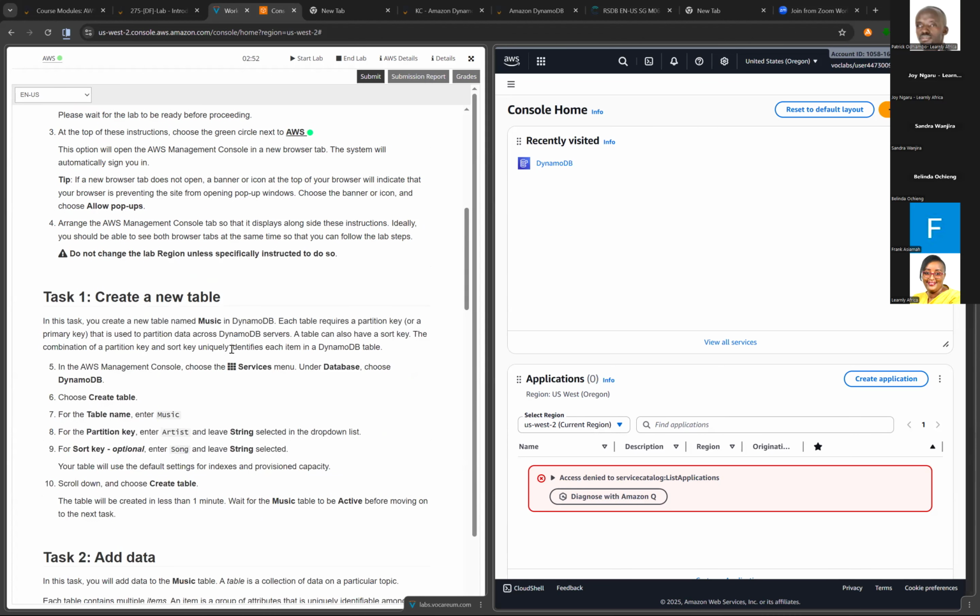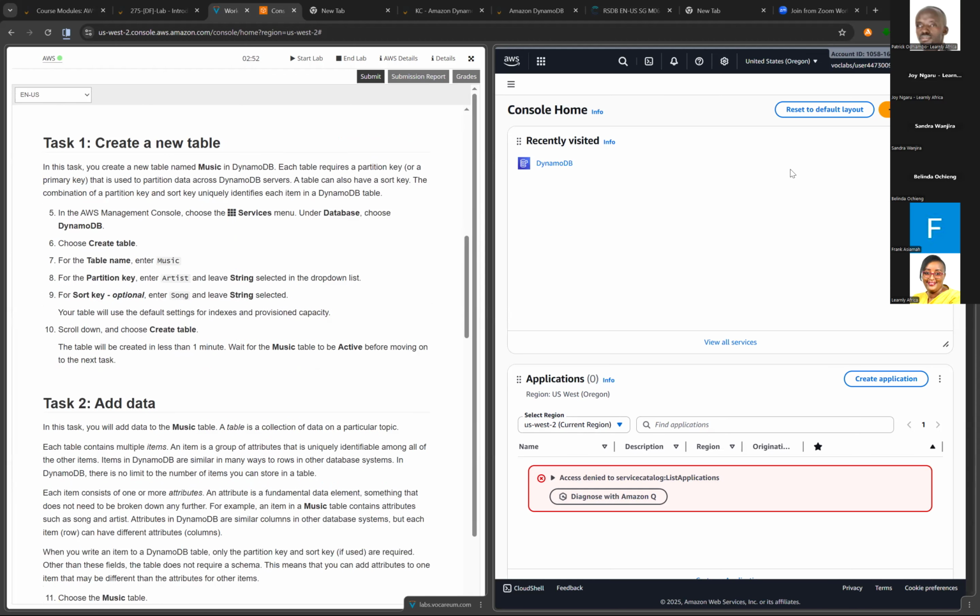So I'm just going to go to task 1. In this task, you create a new table called music in DynamoDB. Each table requires a partition key or a primary key that is used to partition data across DynamoDB servers. A table can also have a sort key. The combination of a partition key and a sort key uniquely identifies each item in a DynamoDB table. So in the console,